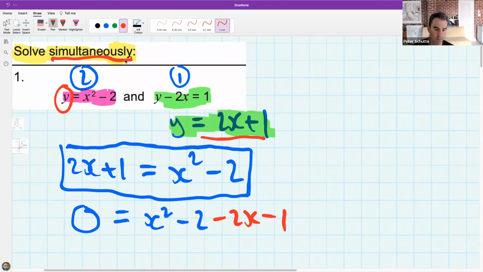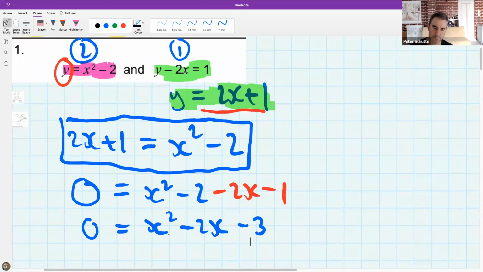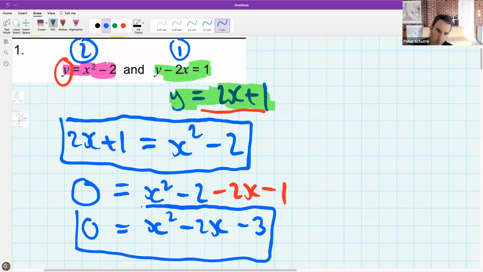And now my standard form is going to be, let's just make sure everything's gone well here. So that was 2x plus 1. Yes, 2x plus 1. It definitely becomes negative. And so I get that. So now this is what we call a quadratic equation in standard form,